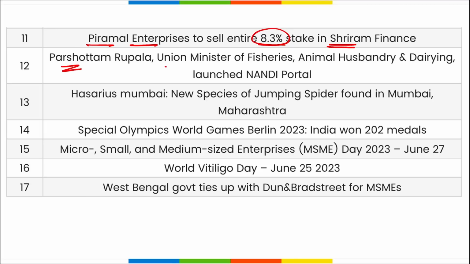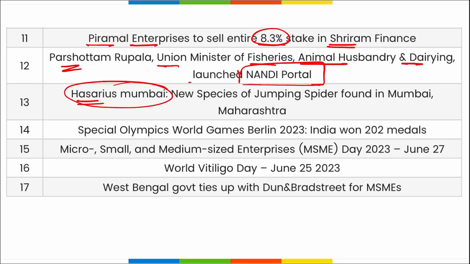Parshottam Rupala, Union Minister of Fisheries, Animal Husbandry and Dairying, has launched the Nandi portal. Hasarius Mumbai is the name of the new species of jumping spider that was found in Mumbai, Maharashtra. Then Special Olympic World Games were held in Berlin, Germany, and India has won a total of 202